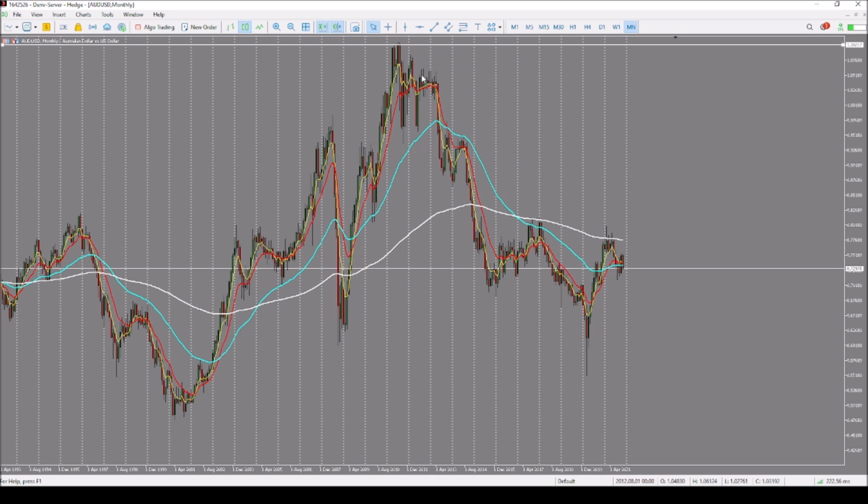From this highest point, there is a corresponding impulsive drop with its 13/50 EMA crossover, a pullback, and then another drop with its corresponding 50/200 EMA crossover, and then a price bounce on the 50 to go down. So with this in place, we can safely say that there was a cycle completion in this particular drop.